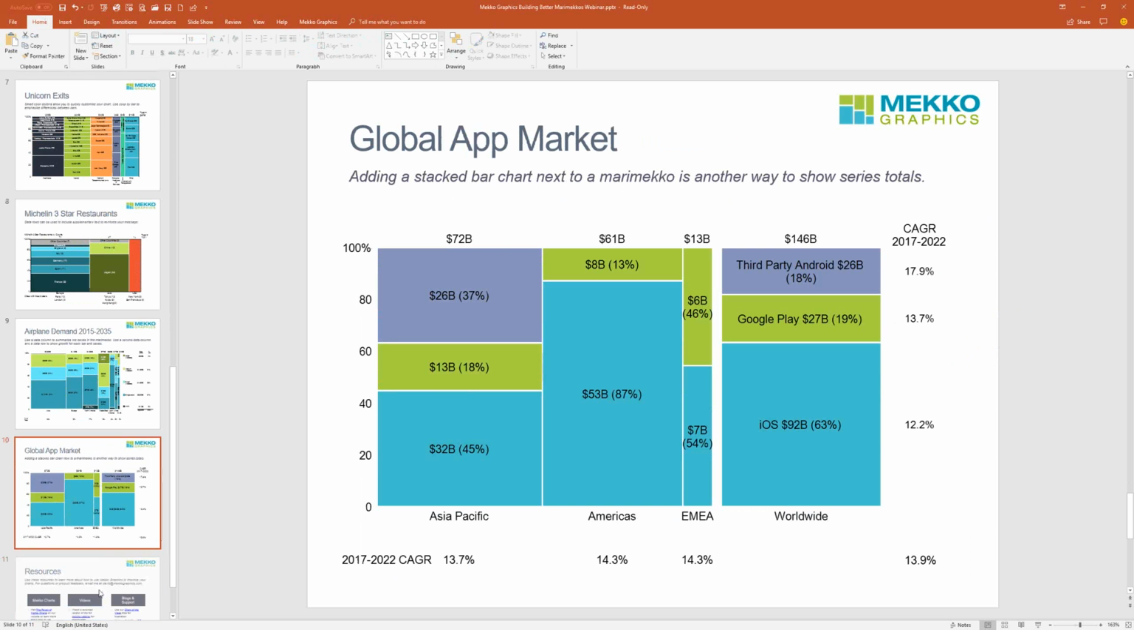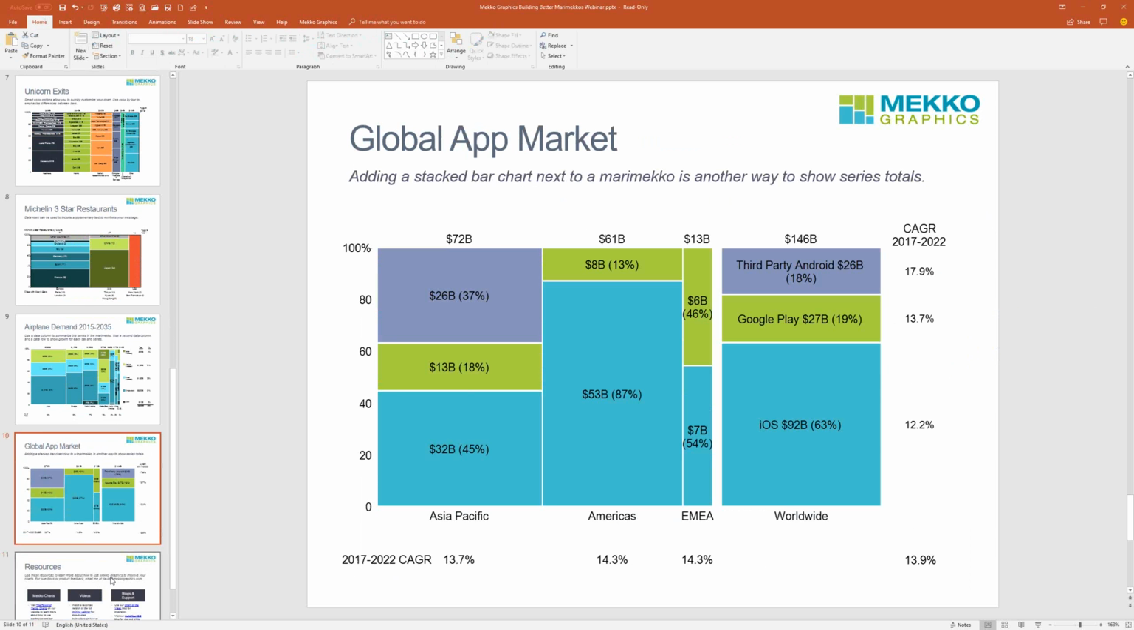And then the last chart I wanted to show you was really two charts. Sometimes I've got a simple Marimekko chart, like the global market for iPhone and iPad apps, broken down by operating system and by region. And I wanted to show that here, but I also wanted to show the totals worldwide. So I have two charts on this slide. I've got the Marimekko chart on the left, and then just a simple 100% stacked bar chart on the right